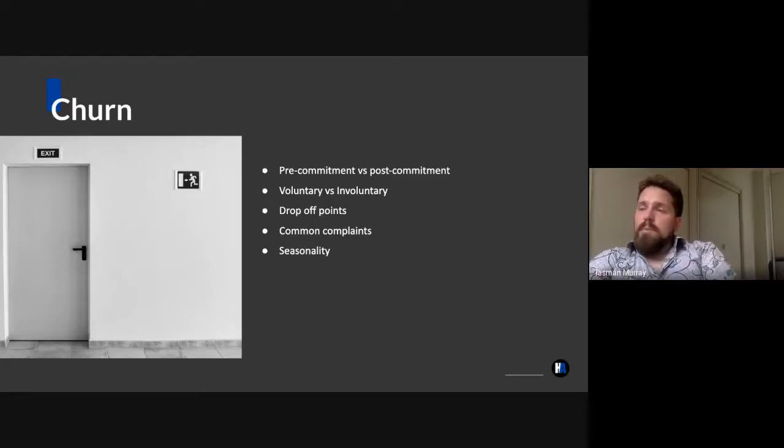So from a pre-commitment perspective, somebody like a super company will spend a lot of time trying to attract people, getting them to fill out a form, and then hoping that, even once they've committed, they put money into the super. If somebody drops out before they've actually gotten onto the super, then that's a pre-commitment churn. Post-commitment churn is if you have more regular sales, or even in the super company again, if they've been with you a while and they leave, you're looking to understand what the drivers of that churn are.